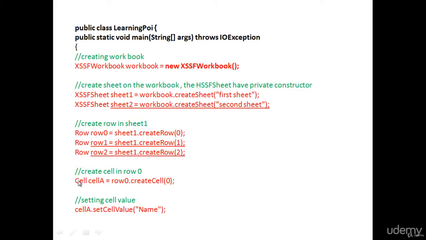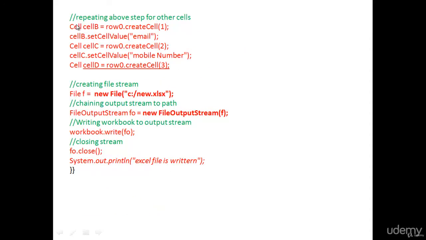And after that we need to create cells and set the value to the cell. So this is what we actually need to do. And then when we are setting up a value, let's say I've created a cell with A, B, C sort of format, because we have cells in a form of columns A, B, C, right? So after this, I'm gonna set values to each cell like this, and then we will be needing the streams,